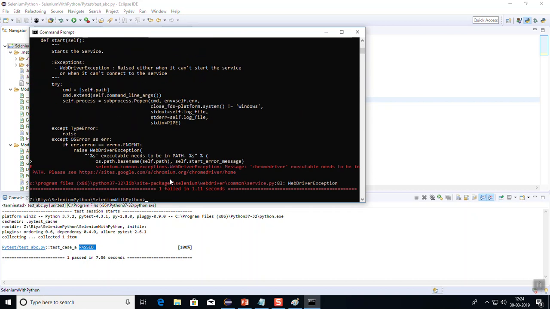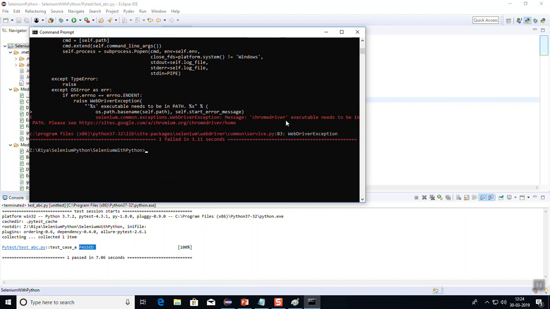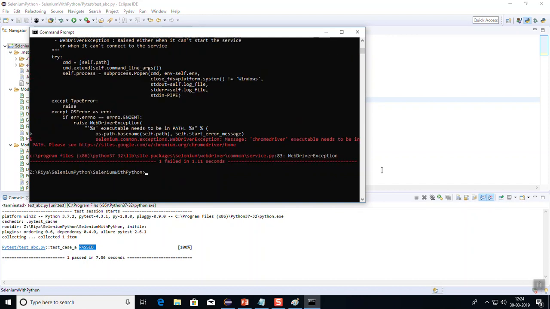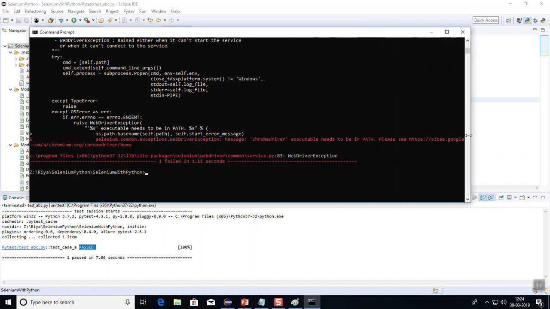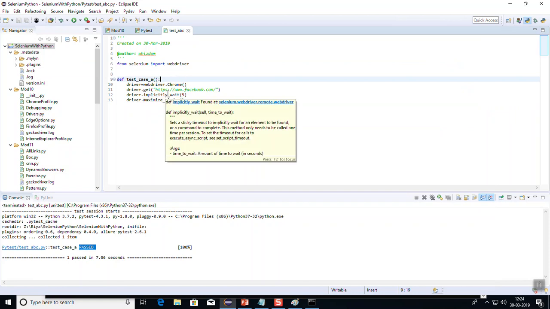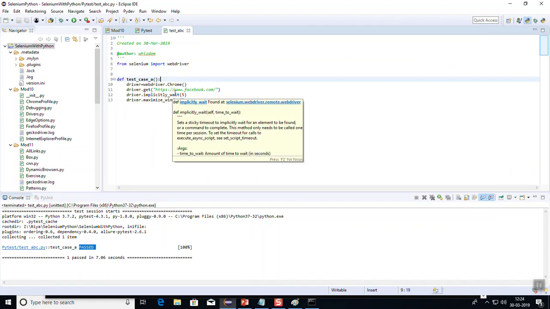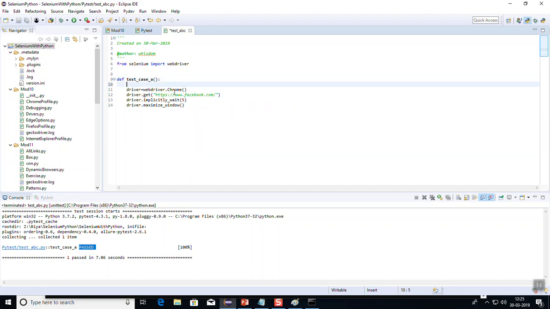So this will run my PyTest, but it's not running because it's giving me an error that the Chrome driver executable path needs to be in path, right? So it will not run the Chrome driver until and unless I give the path over here, right? Even if I have given that path in the environment variable, it won't run the PyTest in the command prompt. So I'll be giving the path over here. To give the path, I just have to write path is equal to,